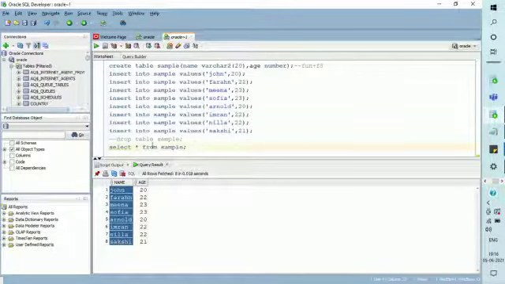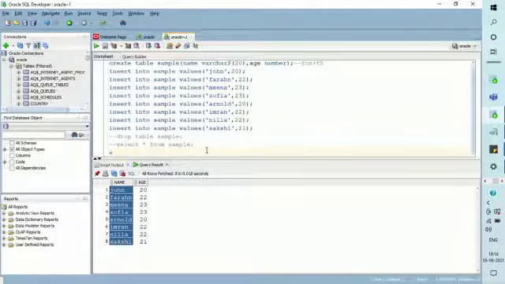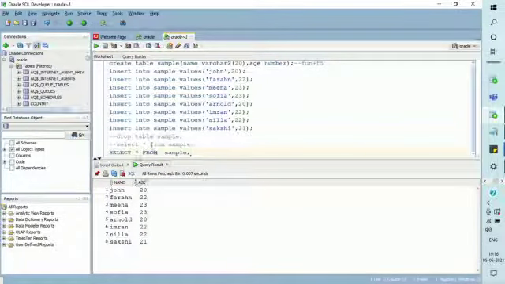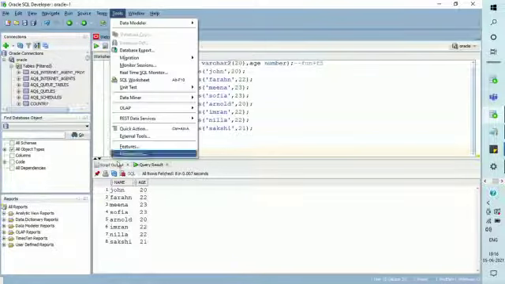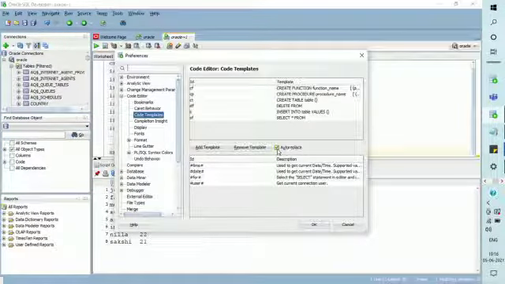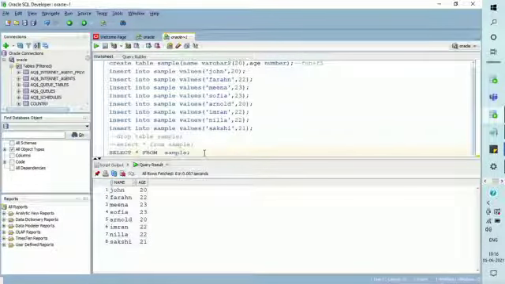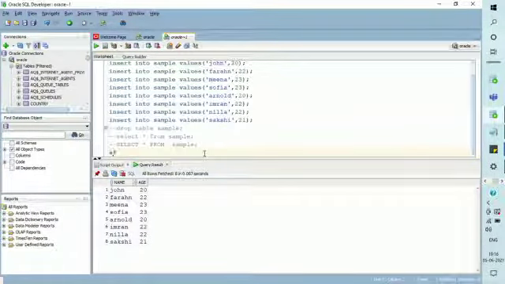So let me click on OK. Let me try it out using SF. Whenever I give SF space, it automatically takes, because you have told the editor that SF is nothing but your customized shortcut for the template select start from. Whenever you uncheck this checkbox and give SF, it just recommends you to take select start from, but it doesn't take automatically.